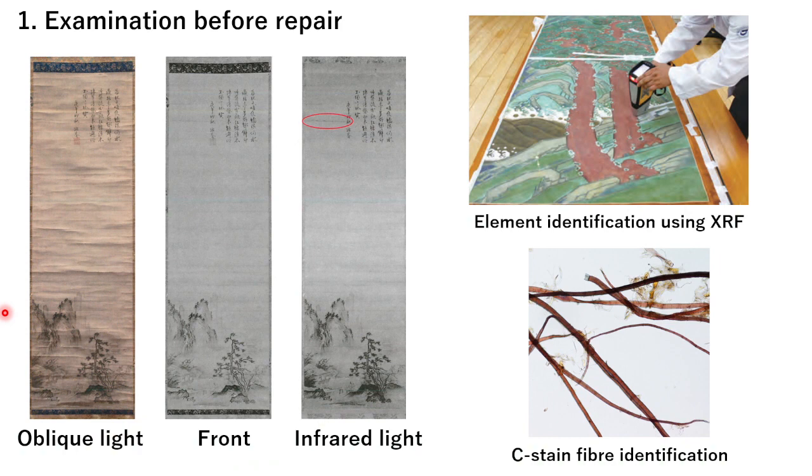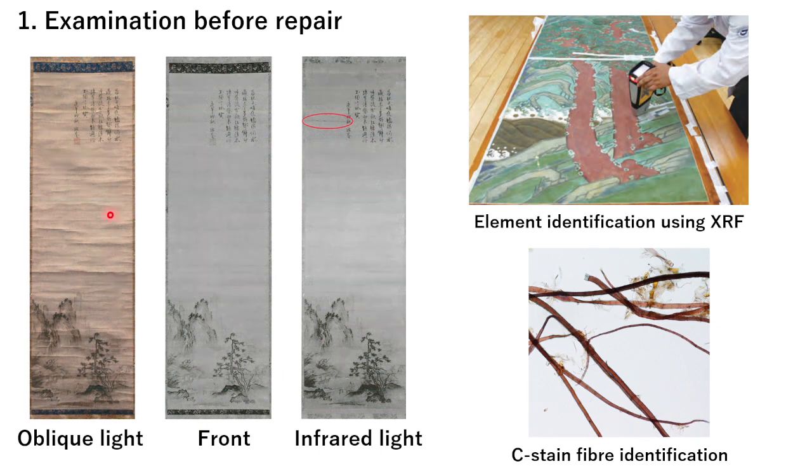First of all, as an investigation before repair, the structure, materials, and degradation state of the work should be investigated, and the direction of repair should be established. The investigation of the painting paper is necessary to prepare the same paper for subsequent repairs. By investigating the degradation state of the painting paper, the cause can be confirmed, and what to improve is judged. It is also important to investigate color materials when considering the painting.